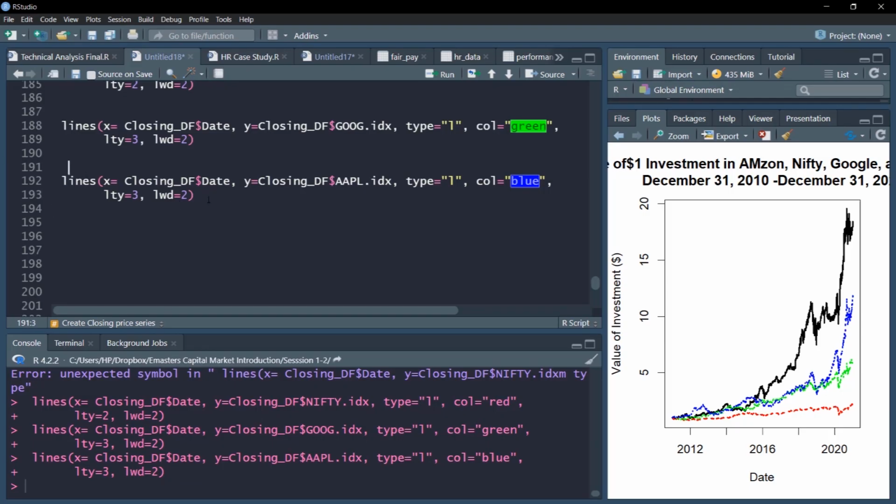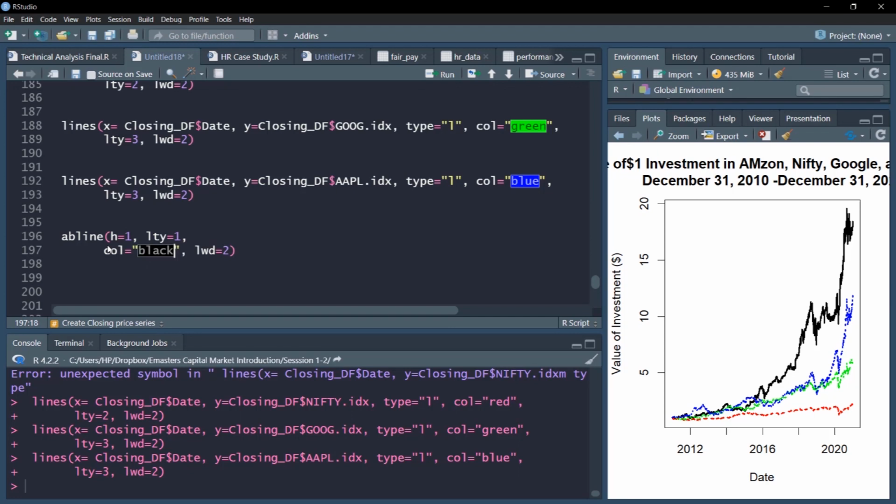Last we'll add the line corresponding to the initial investment of $1, which is the abline. We'll specify the parameters inside abline, that is height equal to 1, with lty, line type, equal to 1, and line width 2, but color equal to black.